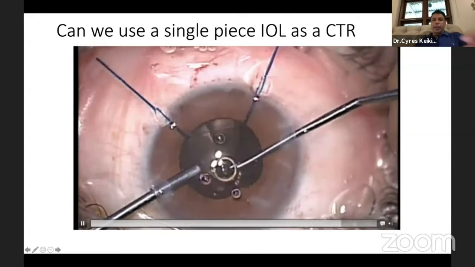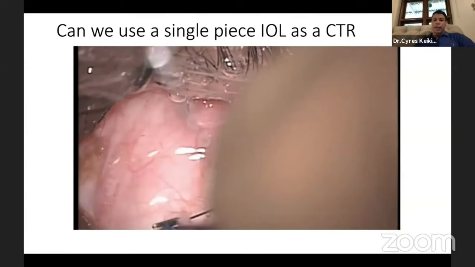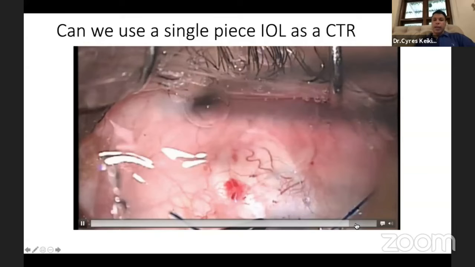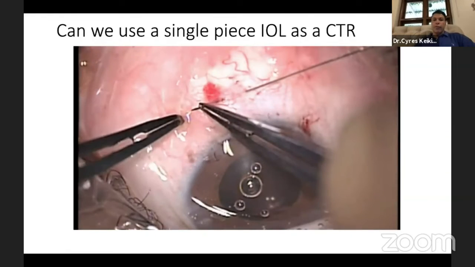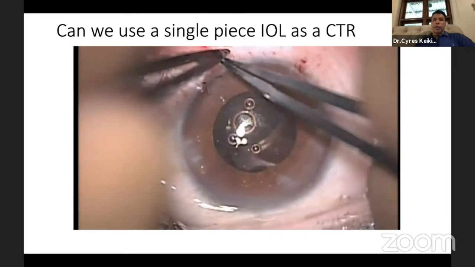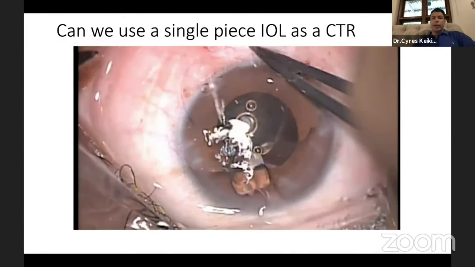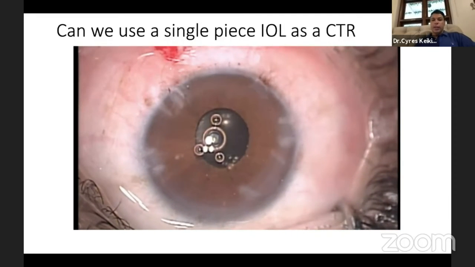And remember, the haptic is this big anyway, so it's like a ring segment. And then pass this twice through the sclera and just tie it tight. So this works very well in simple ectopia lentis cases like this. And it allows you to use your favorite single piece IOL. You don't have to use a 3-piece and do all kinds of jugglery and flaps and all, which I frankly find quite difficult to do. I find this easier and simple. And that's the end of the case.